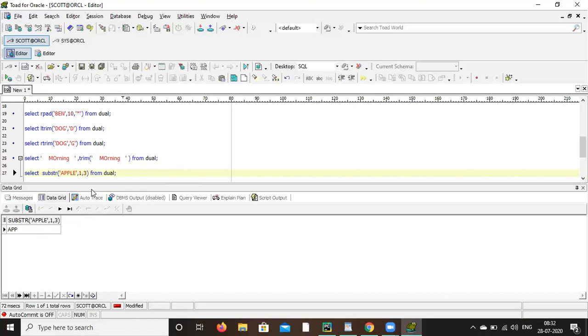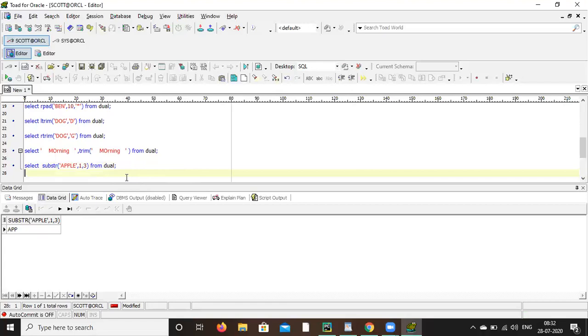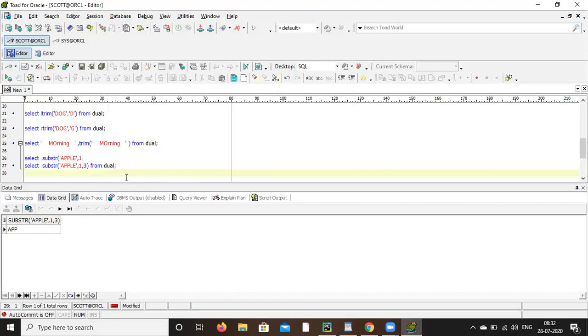Substring means it will cut, like 1, 3 means starting from the first, 3 characters. So if you give 2, 3, what will you get? Run it.